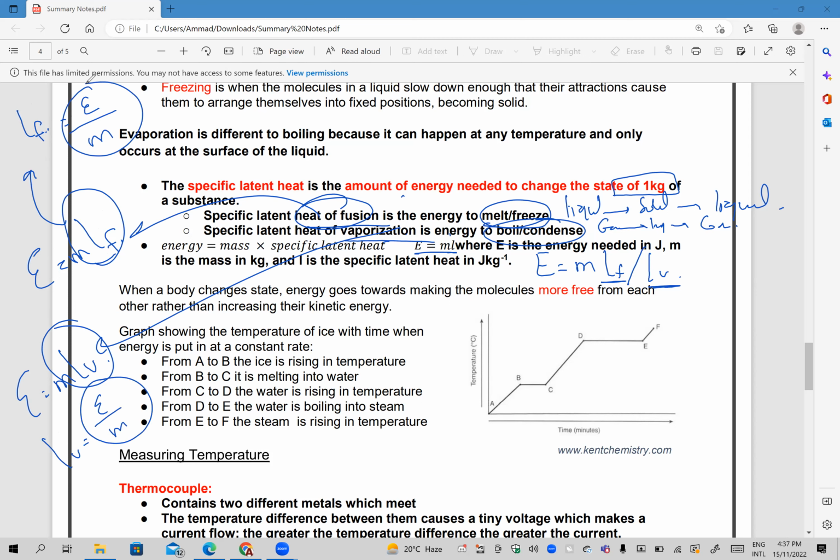तो लेटेंट हीट का जो अपना फॉर्मूला है वो एक ही है, एनर्जी ओवर मास। लेकिन जब हम फ्यूजन और वेपराइजेशन की बात करते हैं तो उनको रीअरेंज कर लेते हैं, ठीक है। Moving on, when a body changes state, energy goes towards making the molecules more free from each other rather than increasing their kinetic energies. So इसी वजह से टेम्परेचर कांस्टेंट रहता है, राइट।